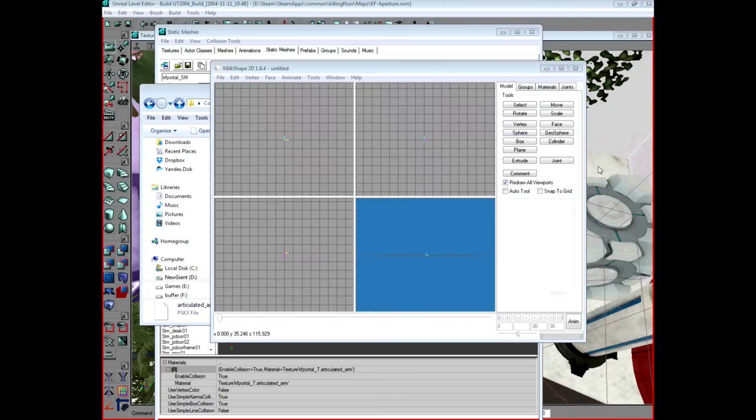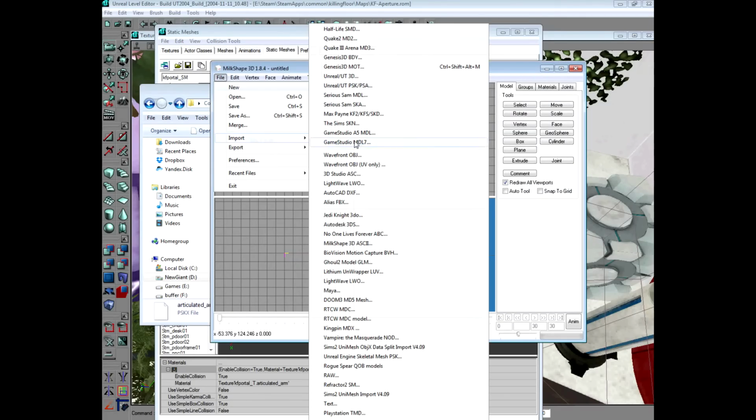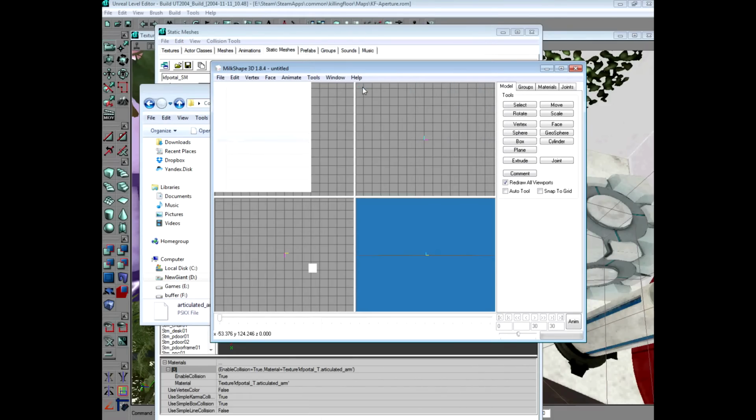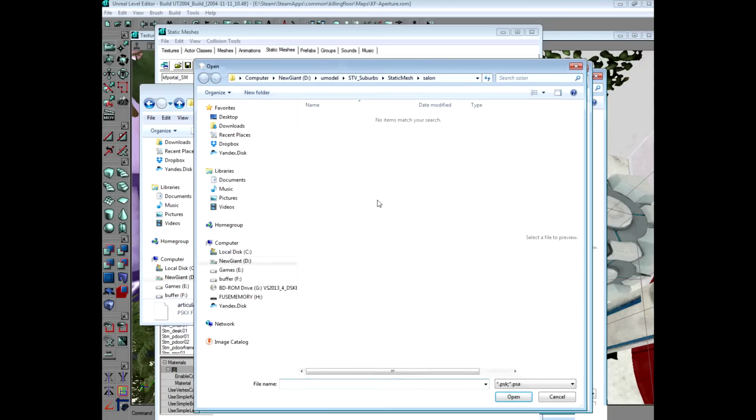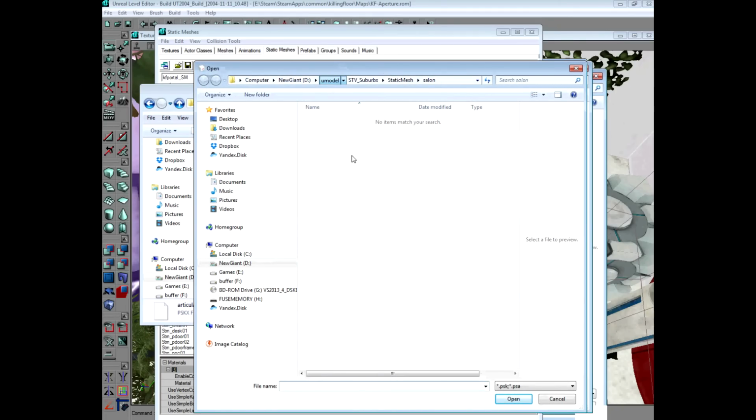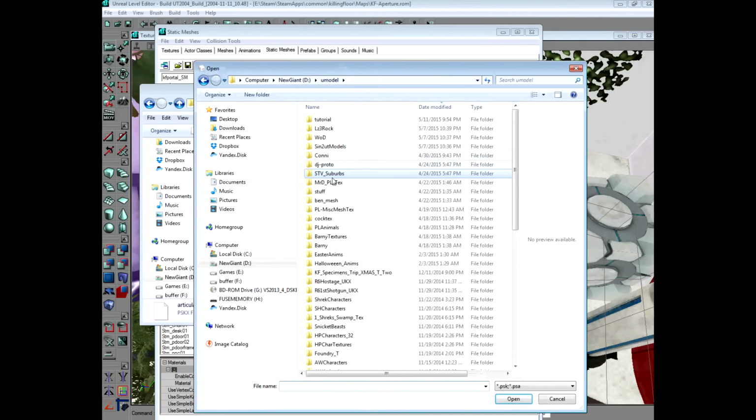And here it is, Milkshape 3D. Now for this, you're going to want to tell it to open a PSK, you're going to import an Unreal UT PSK PSA file. They're not named PSK or PSA, which is why this is going to be confusing. If you're doing a lot of these at once, you can go into command line and rename the file. But if you're just doing a couple like this, it's usually not necessary. I'm just going to show you how to do one file right here.